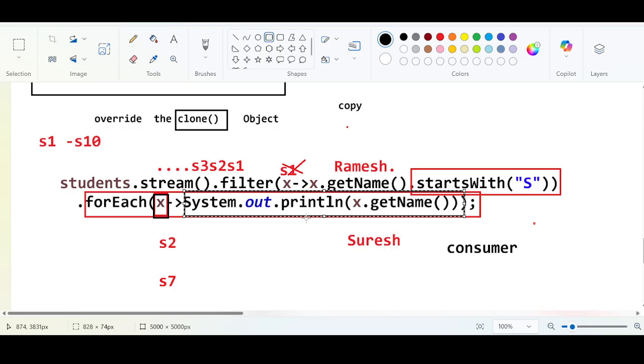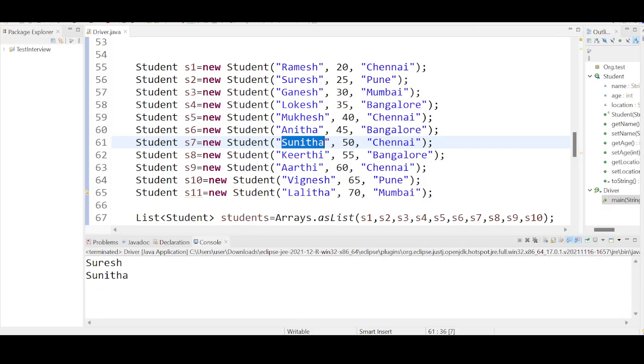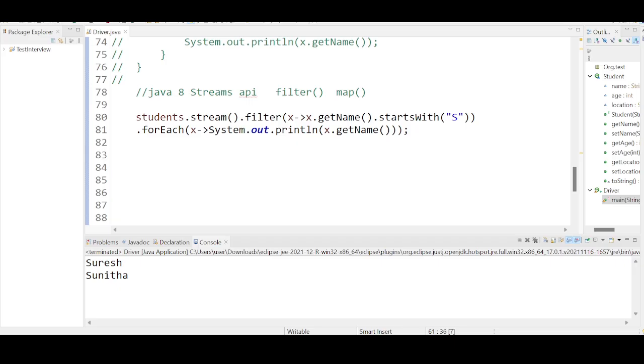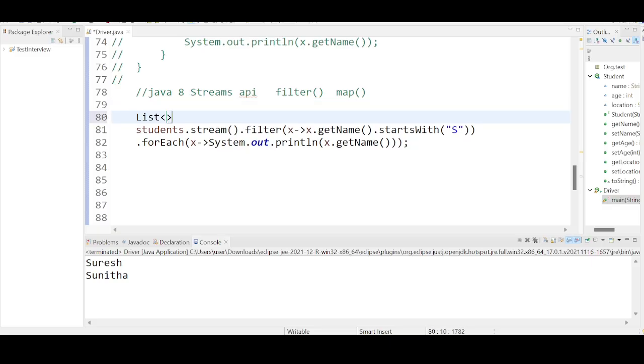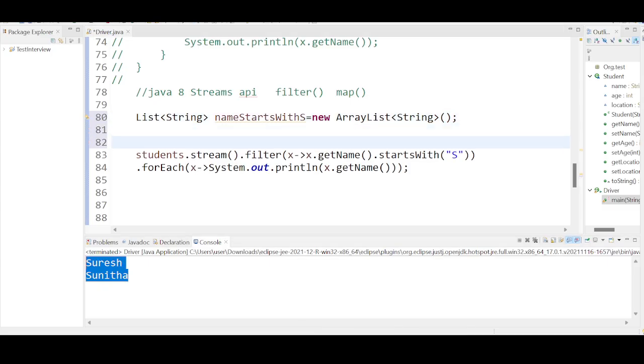Making sense? I will give you an example because you have asked me. Let me say I do not want to print this. I just want to store this somewhere. I'm creating a variable, let me say a string variable, to just store the names. Name starts with S is my variable name, new ArrayList. I do not want to print it here, I just want to store. What else can I do? I can simply say, instead of printing it, I can use